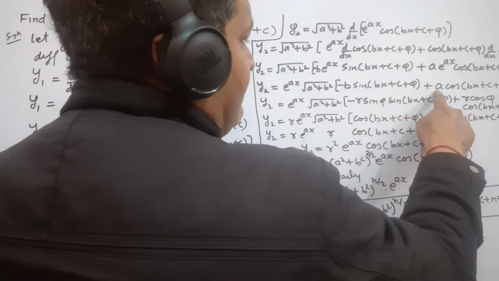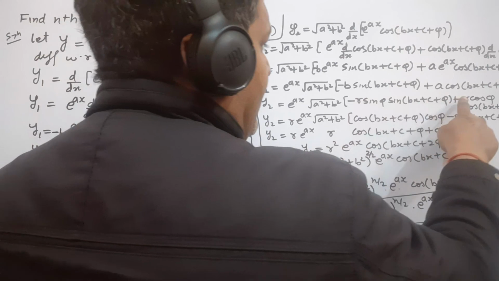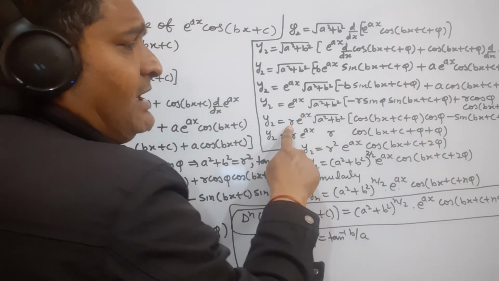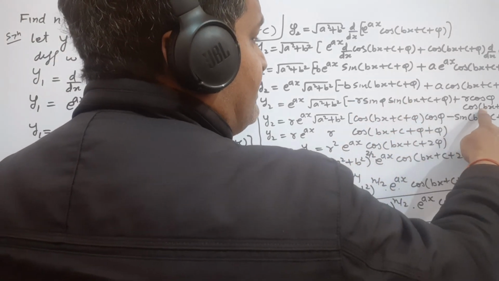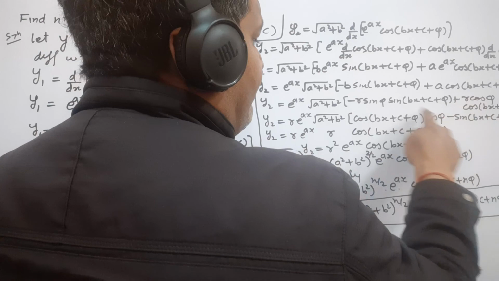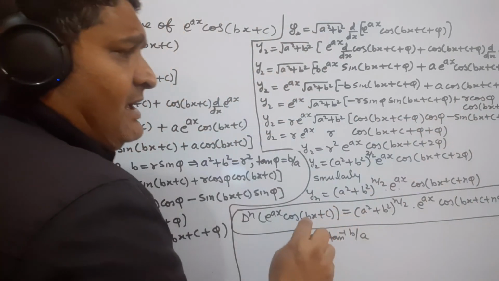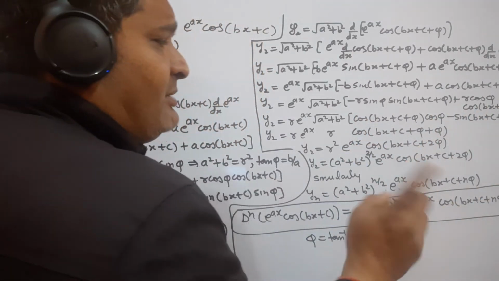r sin phi and in place of a is r cos phi, so we can see that r is in both terms, so we take common and write outside the bracket, so we write minus this first cos bx plus c plus phi cos phi minus sin bx plus c plus phi multiplied by sin phi, and also we know that cos a cos b minus sin a sin b is equal to cos a plus b, that is